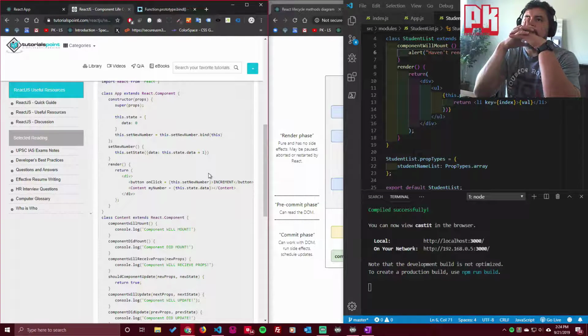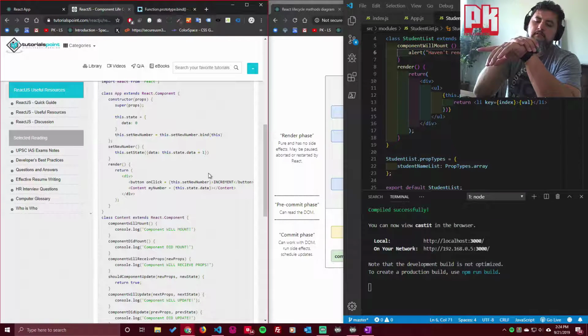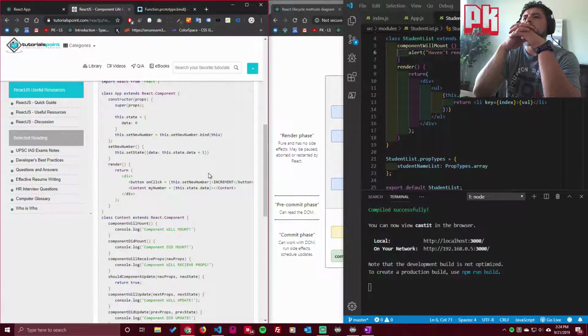Return button onClick this.setNewNumber, increment button, content, my number, this.state.data, content. this.setState data, this.state.data plus one, content extends React.Component, componentWillMount